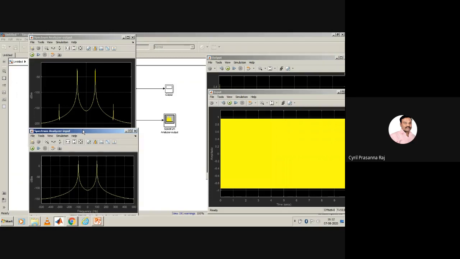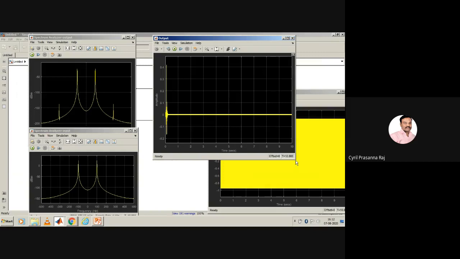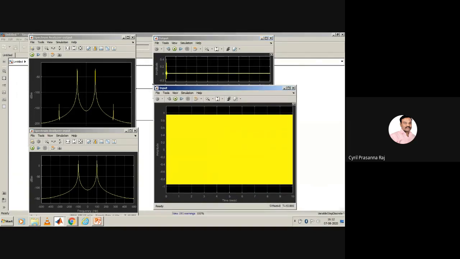So we have the output, the input, then the time output, then the input.